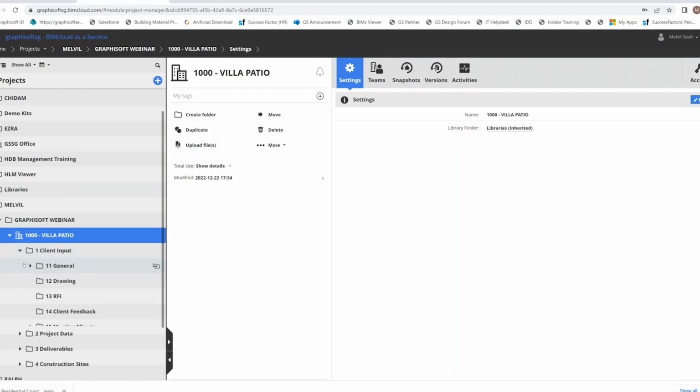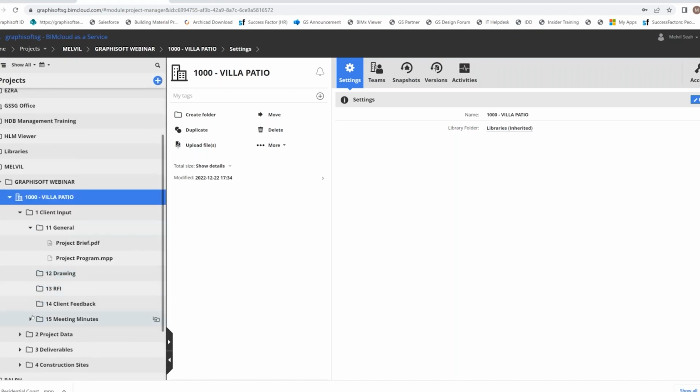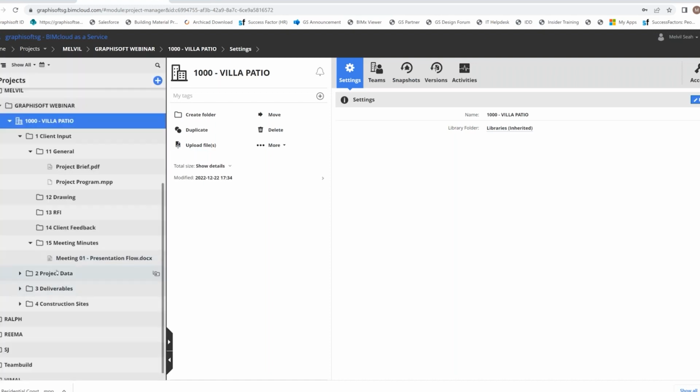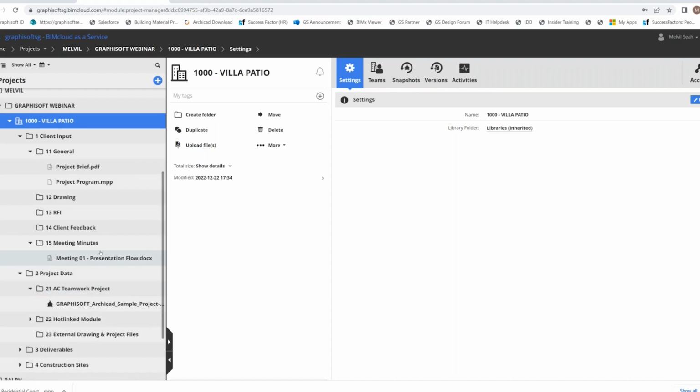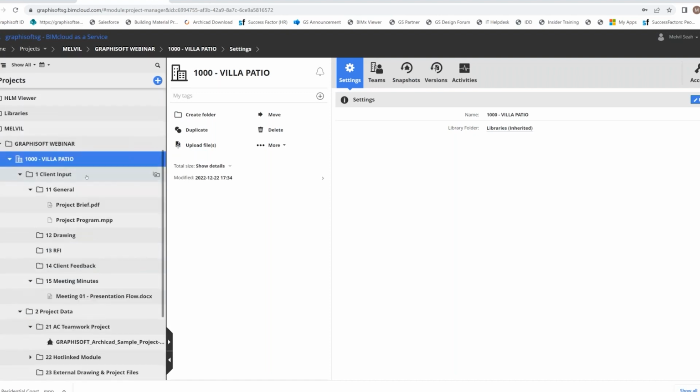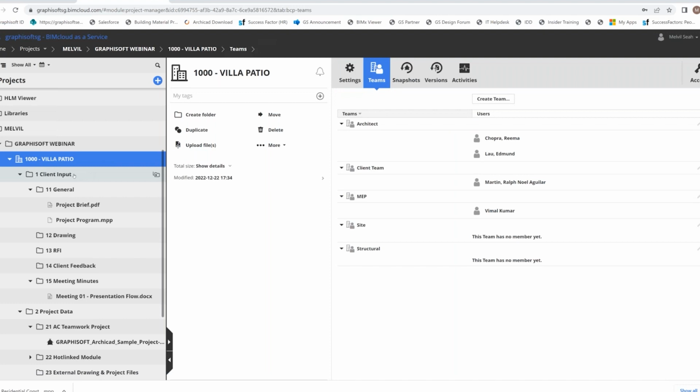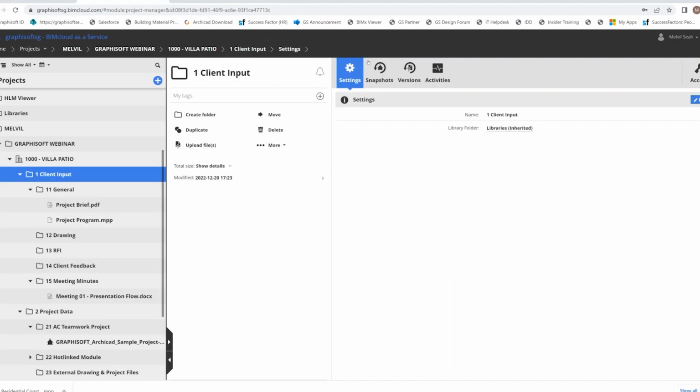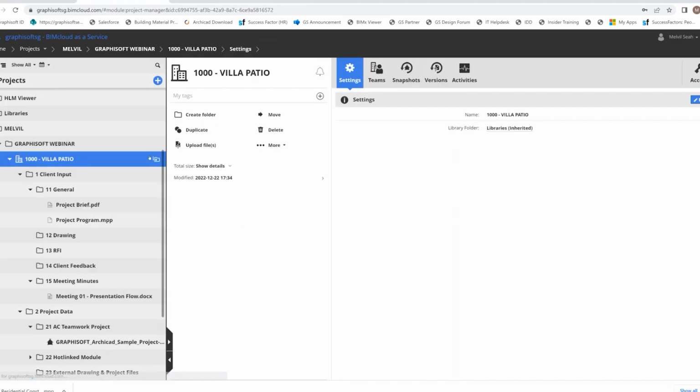So if I click here, you can see that I will have a very structured system that consists of the different project data. But unlike the folder system, BIMCloud projects are able to set themes. If I click on the folder, you won't have the theme option there.